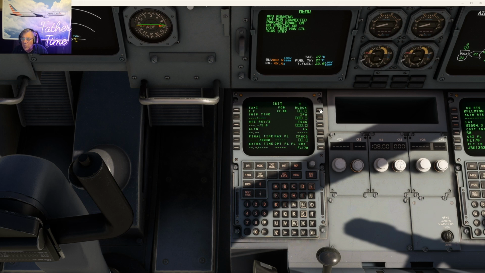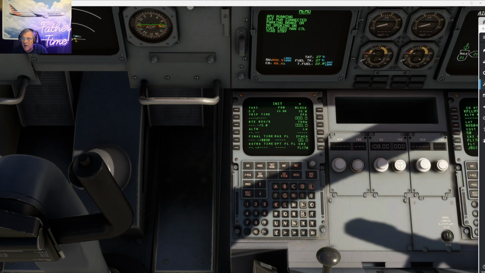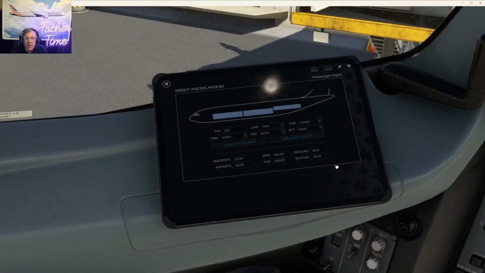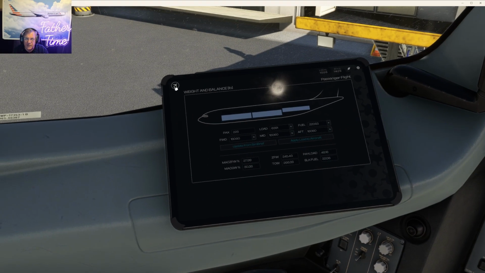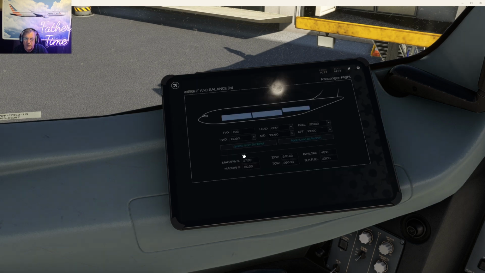Block fuel, we needed 22 even. We got 22 even. Zero fuel weight is 245.5. Hope you don't mind me taking you along for the ride, because I think it's important to have FSiPanel briefs available for you. It's kind of an all-inclusive, and a little Airbus training too if you're new on it, like I kind of am. 28 even,